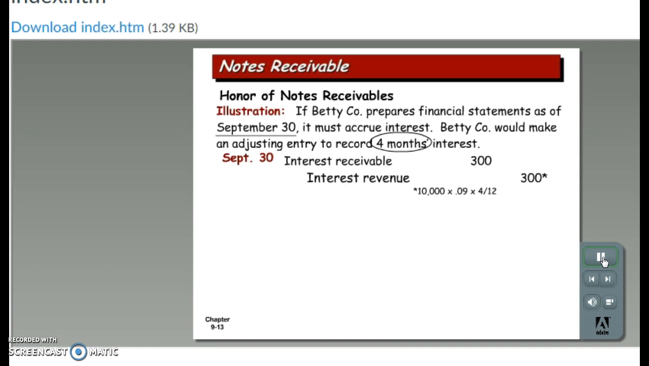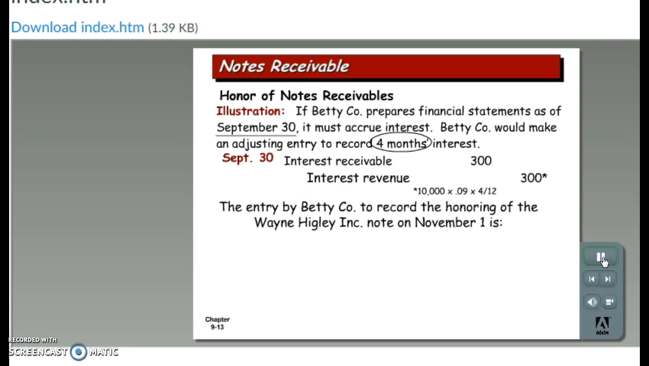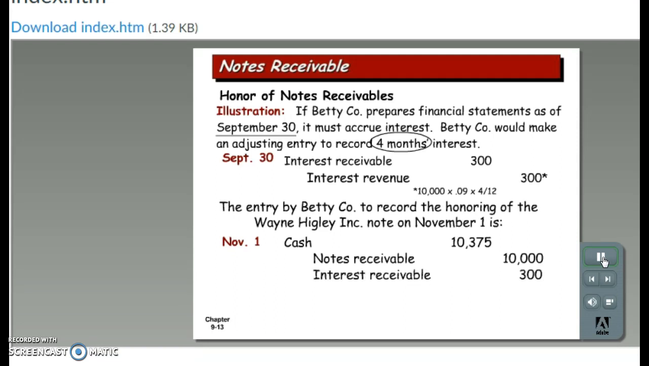out of 12 months. The entry to record the honor of the note on the maturity date of November 1 is an increase or debit to cash for the maturity amount of $10,375. The note receivable is reduced or credited for the face value of $10,000. All interest has been collected, so the interest receivable, an asset, is decreased or credited for the $300 recorded on